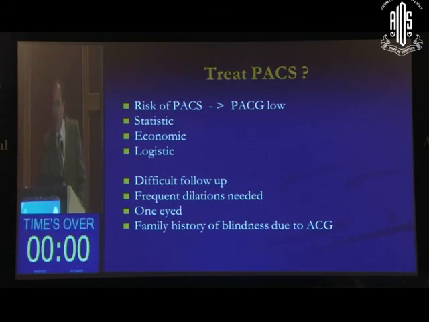Sometimes the question asked is: should we treat the PACS patient? Basically, all angle closure glaucoma, all PAC and PACG, needs to be treated. What about PACS? If you treat PACS, it could actually be prophylactic. The problem here is the logistics, the economics, and there are statistical reasons that this is not really warranted, because the number needed to treat is really high to prevent one angle closure, because the risk of conversion from PACS to PACG is quite low, and in between there's the stage of PAC, which gives you an opportunity to intervene if PACS really gets converted into PAC or PACG.